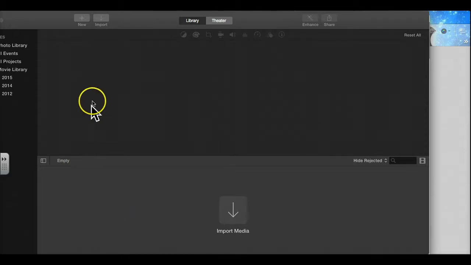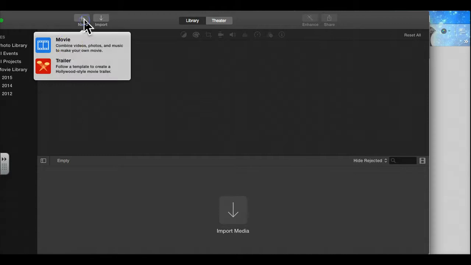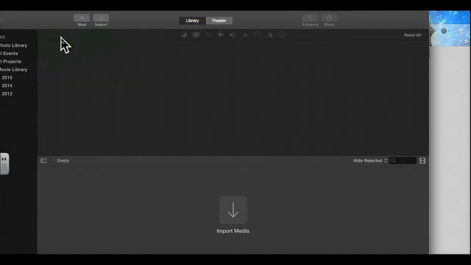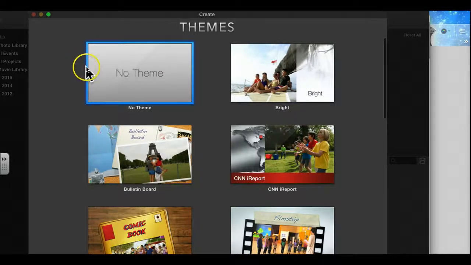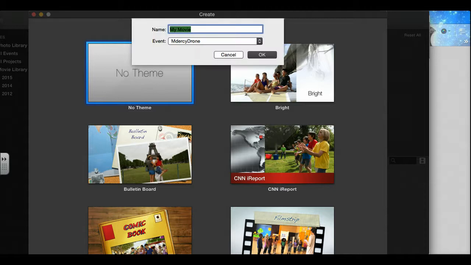So first steps is we need to create it. So we're going to come up here and click on the New button. Then we're going to click on Movie. And then it's going to say which theme do you want to use. Most of the time for class projects you're going to choose no theme. If you want to go creative, you can pick yourself a theme, but I'll stick with none. And then I'm going to say create,